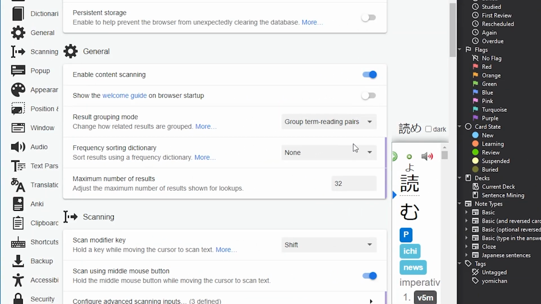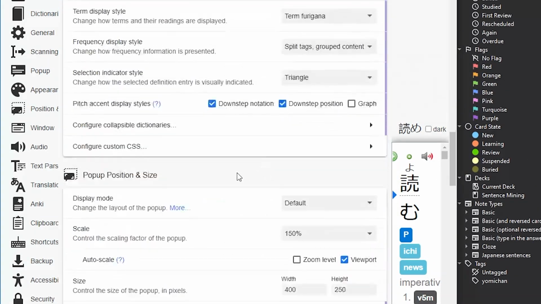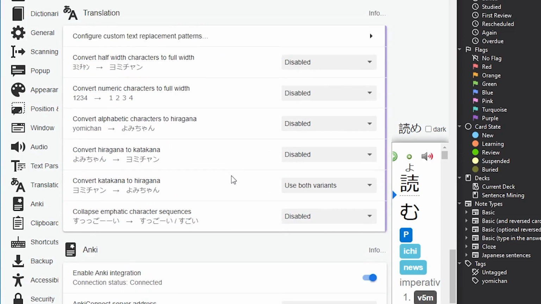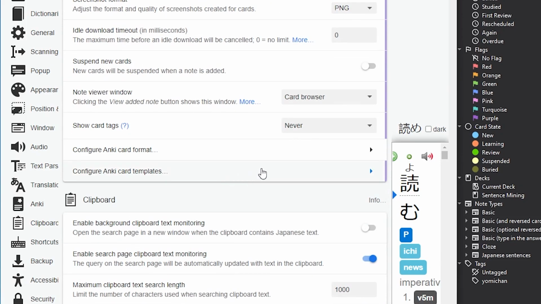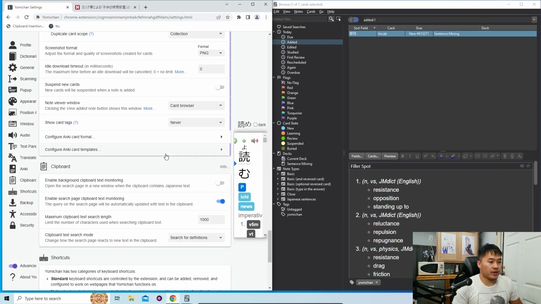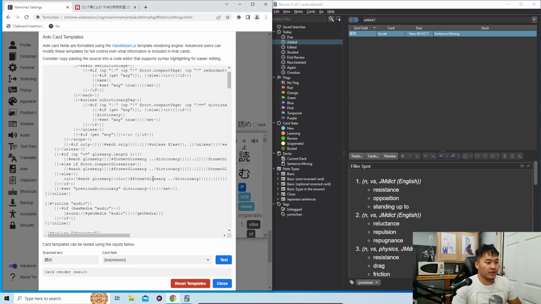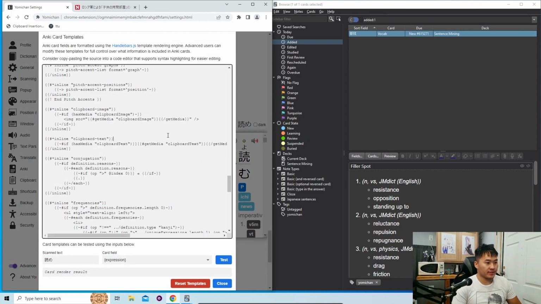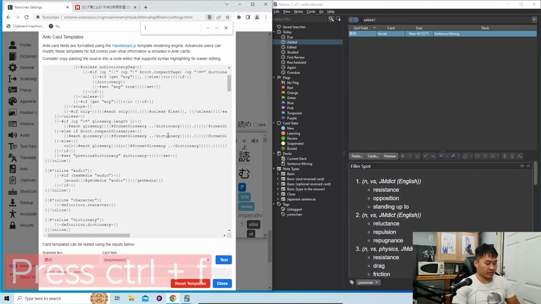So as you may have seen, that Anki card had it on the left hand side. So what we're gonna want to do is have it in the middle, as it makes things a little bit more readable, in my opinion, for the formatting of the card. So what we're gonna do is go ahead and hop into configure Anki card templates, and you're gonna see all this. Don't worry, we're just gonna search up